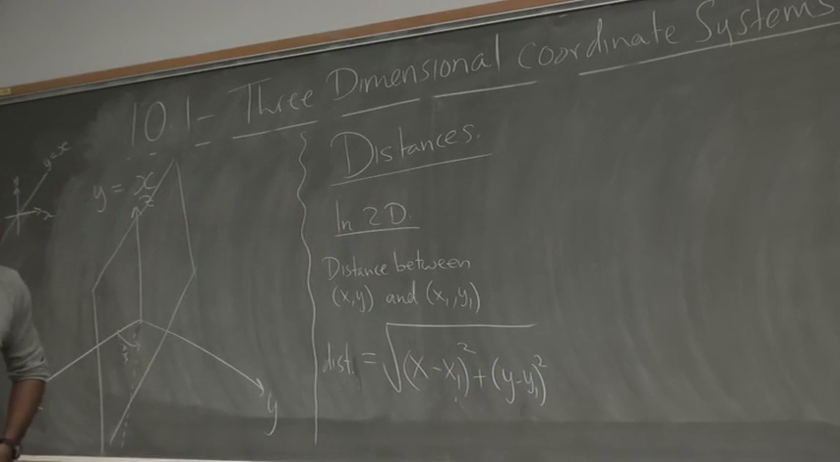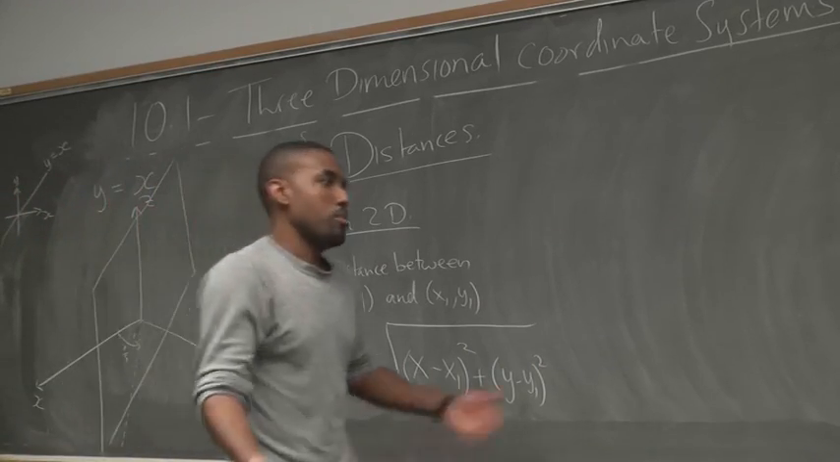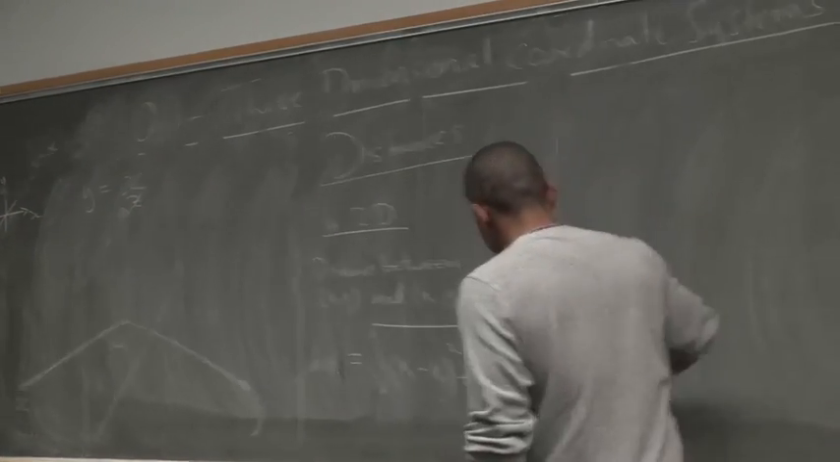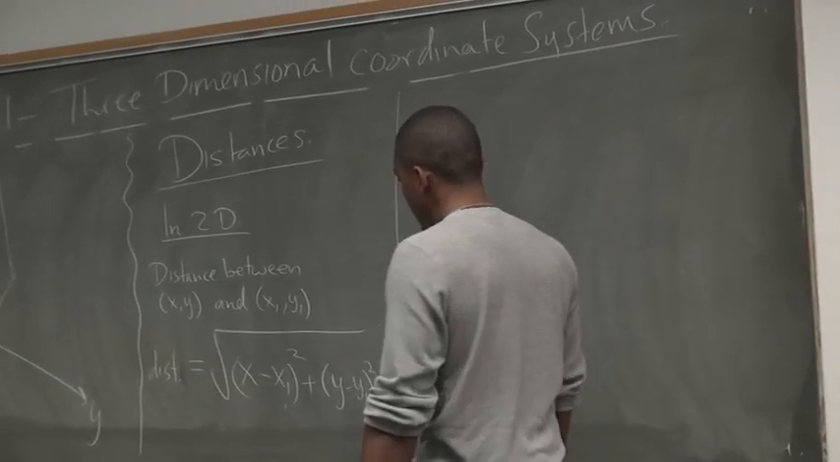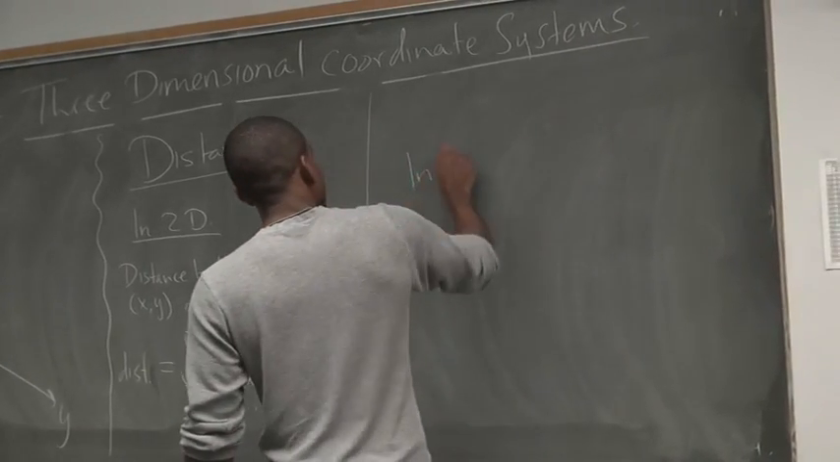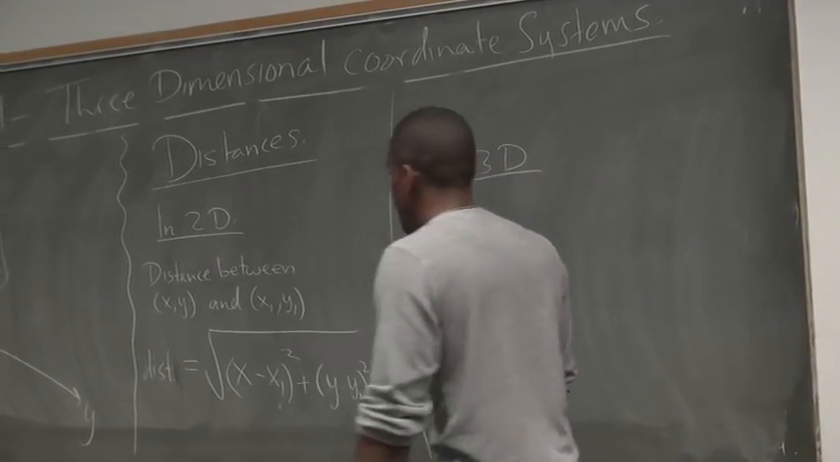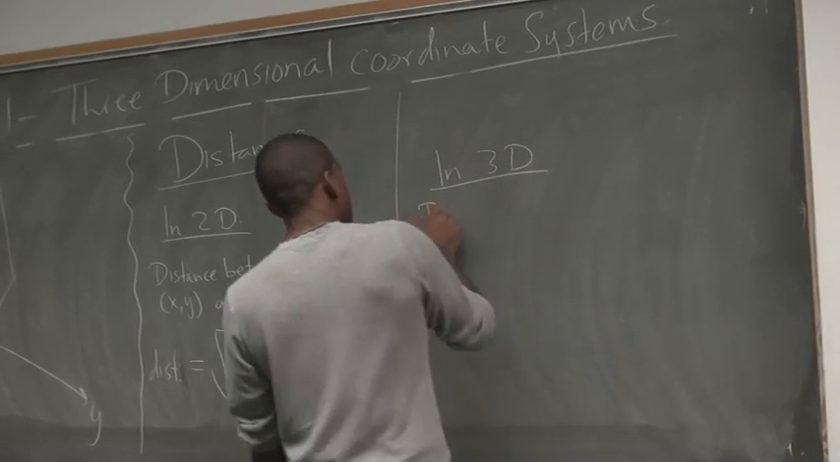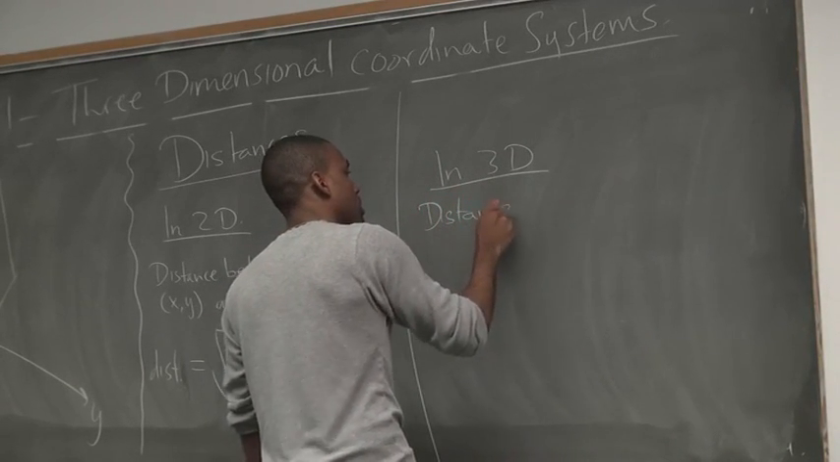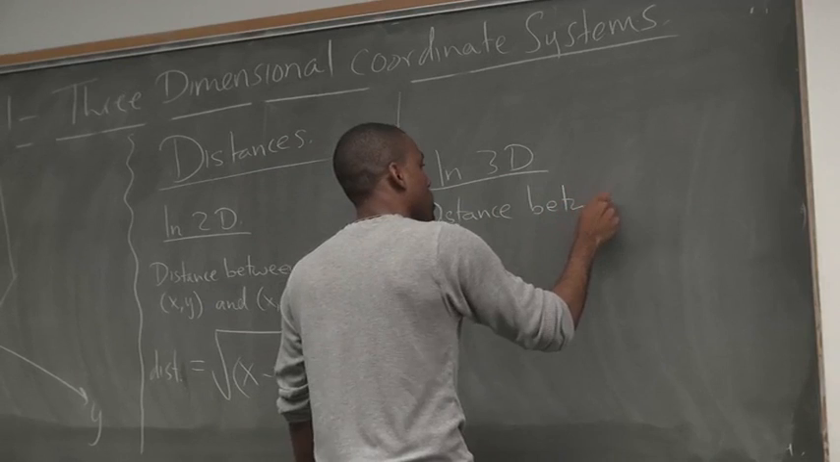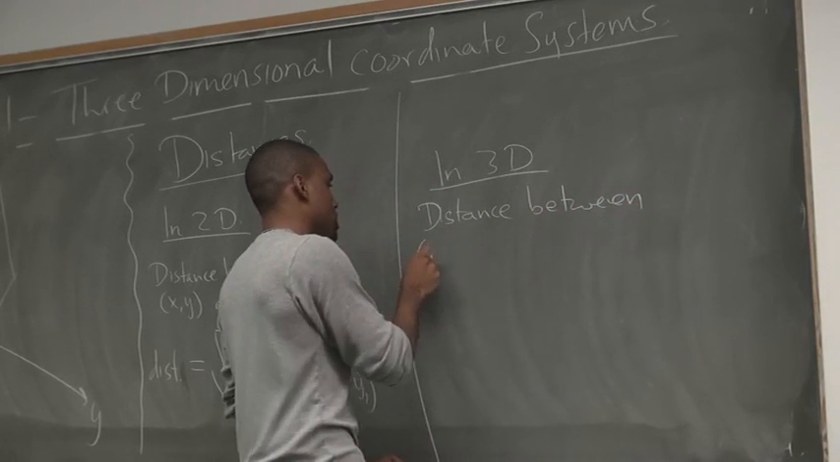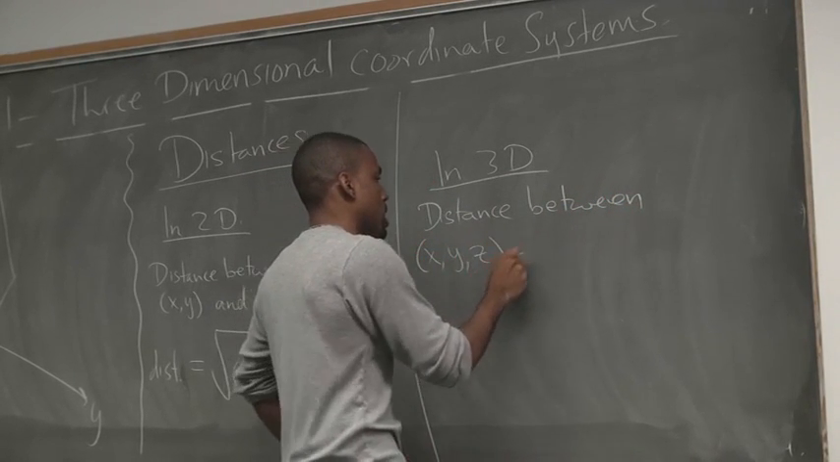Anyone knows how they came up with that formula? Pythagorean theorem, right? Which, as of yesterday, you all should know by now, because I asked you to write it down. In 3D, let's say I want the distance between 2 points, x, y, z, and